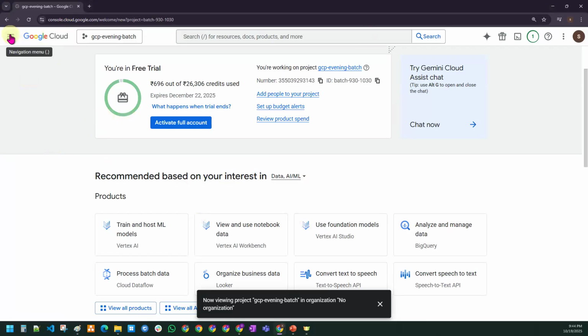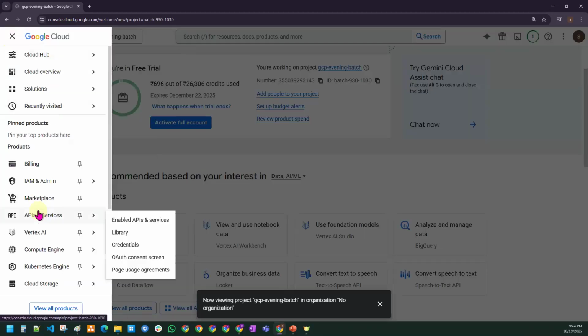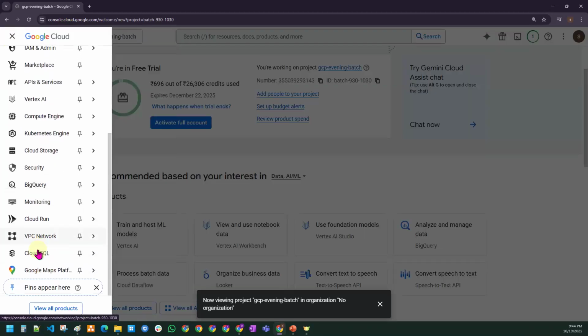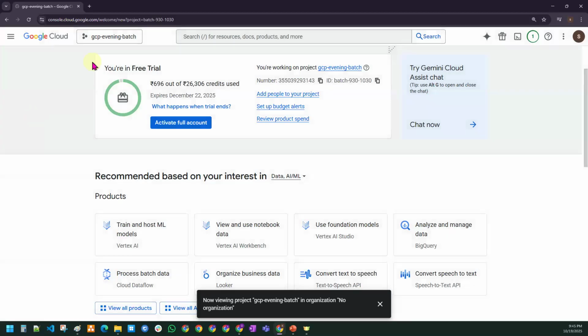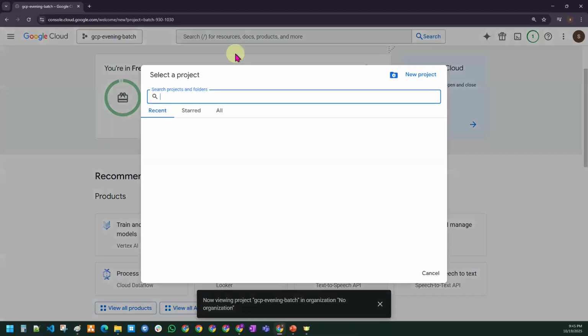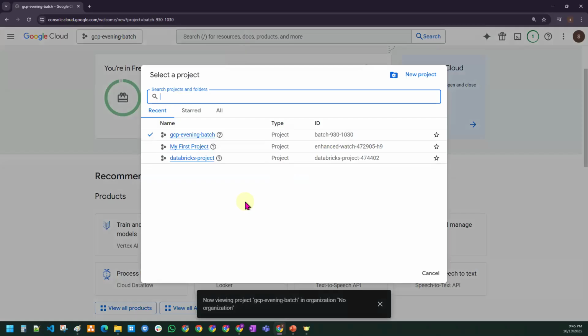On the home page, the top left one is what we call a navigation menu. It's called the left navigation menu. Just click on this one, and you should be able to see multiple options here. And this is our project area, guys. So this is what I call the project area.